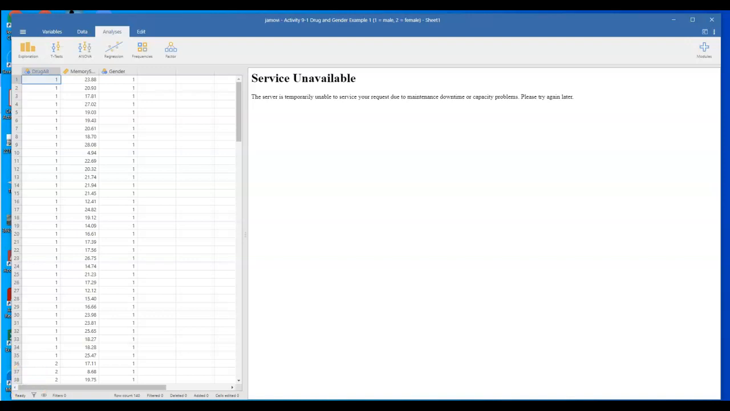Hello everyone. In this example, we're going to look at a two-factor ANOVA using jamovi. So in this example, we're looking at two separate independent variables. We're looking at drug, and it's going to be drug A or B, and gender as male or female. And we're looking at the differential impact of these two drugs on men and women in terms of their memory